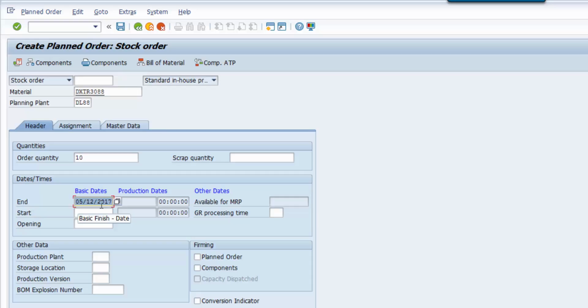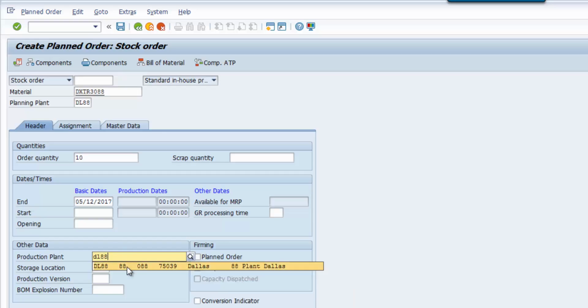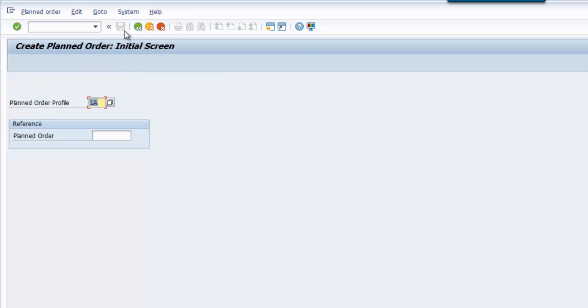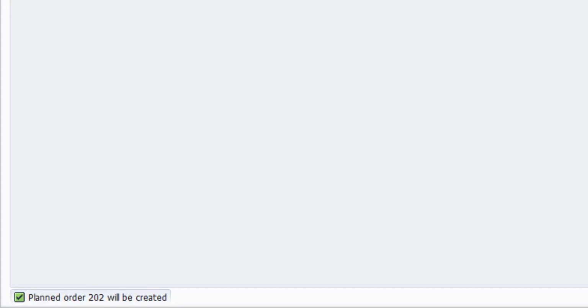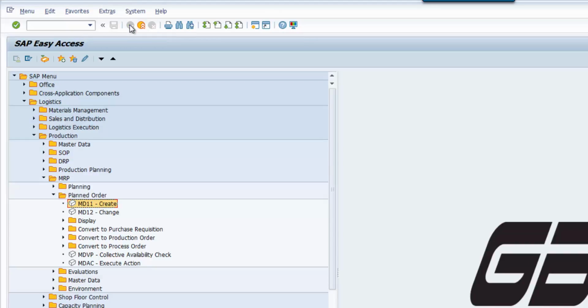Then we're going to enter in the producing plant, or the production plant is DL in the last 2 digits of our ID. And the storage location is our finished goods. Once we've done that, we can click the Save button, and we should get a message that says planned order, and our number will be created. We're going to click the green arrow back,